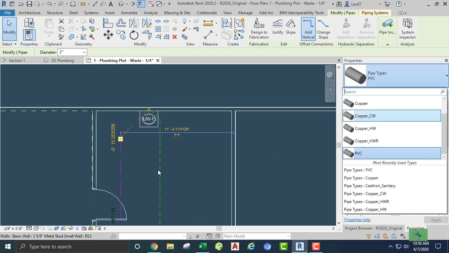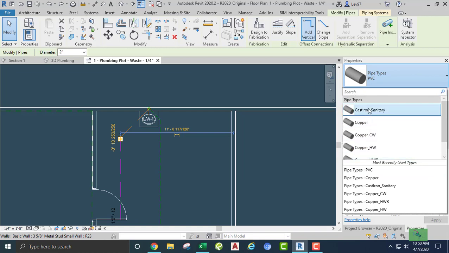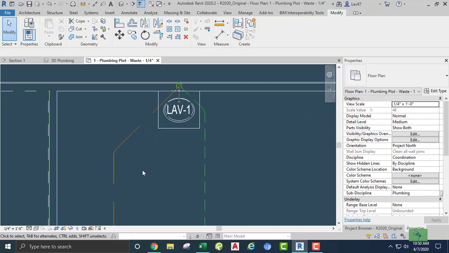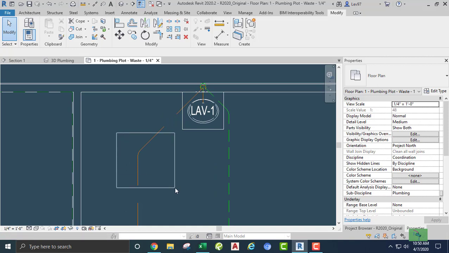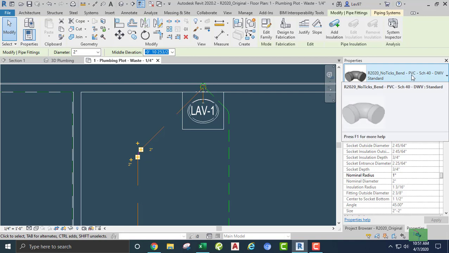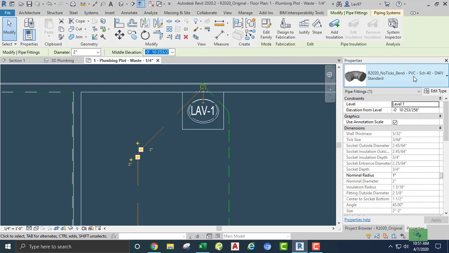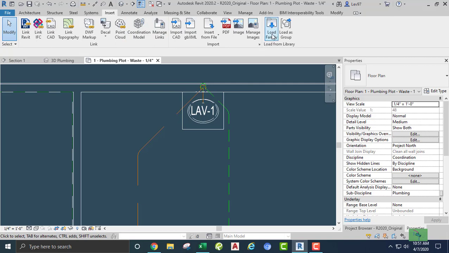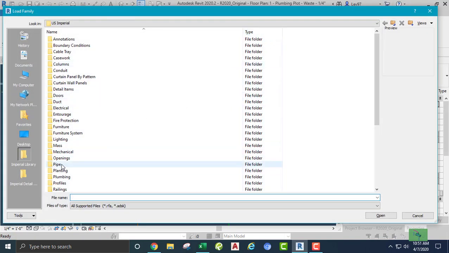So if I name that pipe cast iron and I go in and I want a fitting for cast iron, there's no cast iron fitting that comes with the program, okay? Because, for example, where's the insert? I want to load pipe,